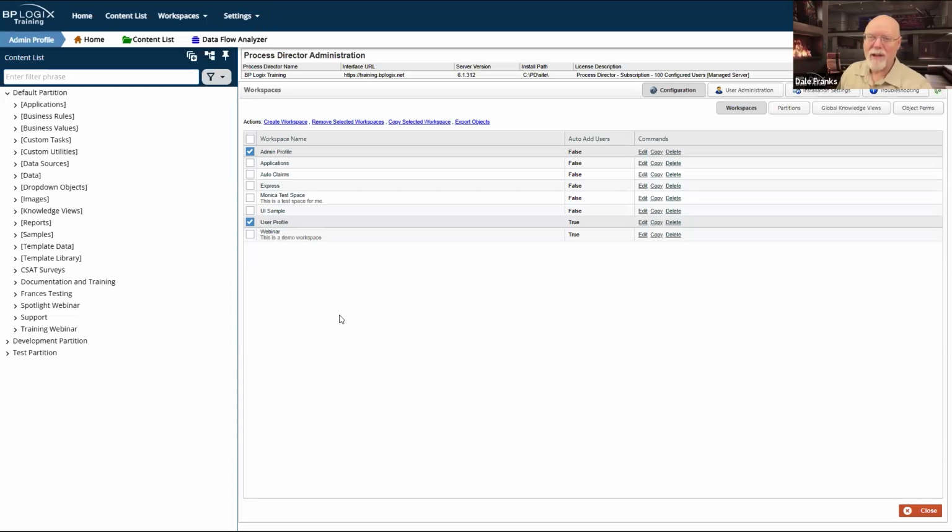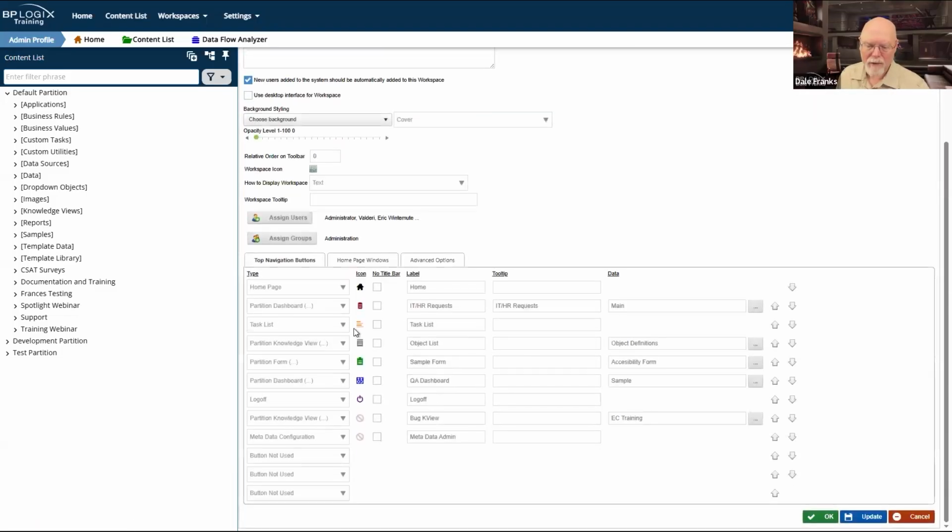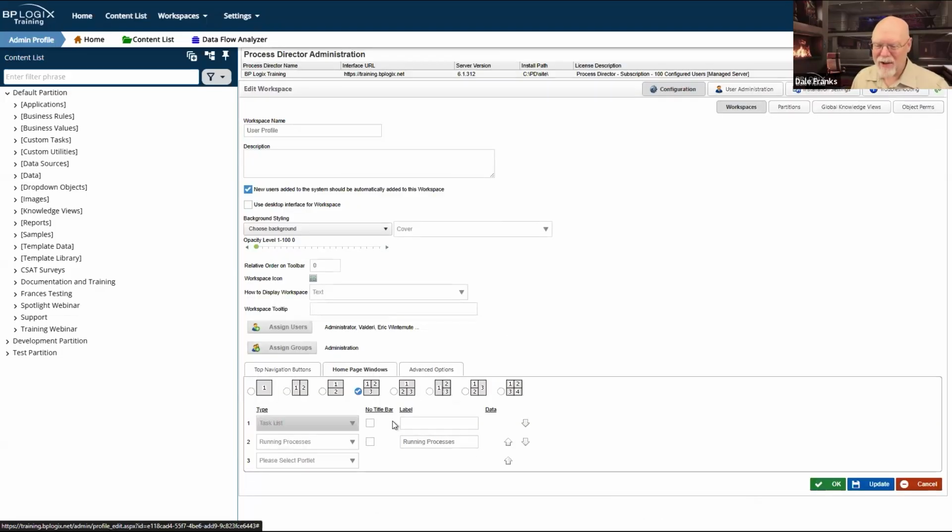User Profile is this super generic sample profile that we create just to have a user profile, and we throw a couple of things on the user profile, a couple of knowledge views, and I have completely changed this one, I think, so it doesn't even show you the 4 panes anymore. So I don't even remember what the original user profile looks like. I'd have to go find a machine with a vanilla install. The thing is, it's not really a user profile, and it's not really designed for real world use. The admin profile will be fine for you as an administrator.